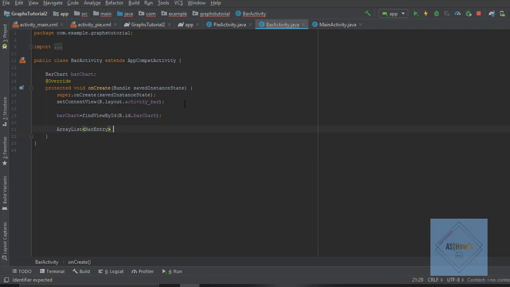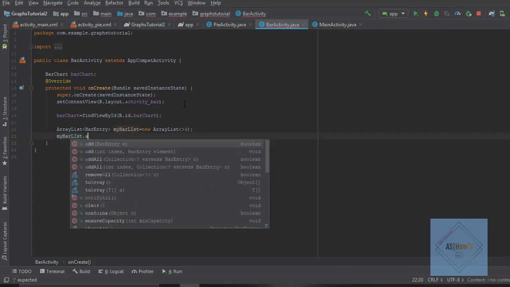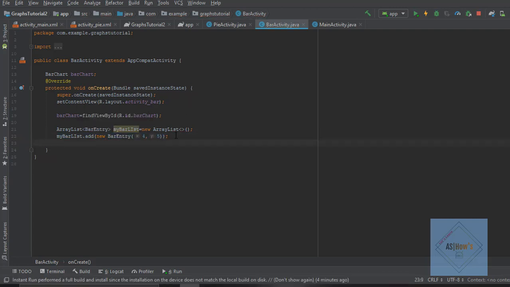I will name this list my_bar_list. Next we will start adding the entries in our bar list. So I'll write here my_bar_list.add, and here I will write new BarEntry, and here we will enter the data. So we are done adding the entries in our bar list.